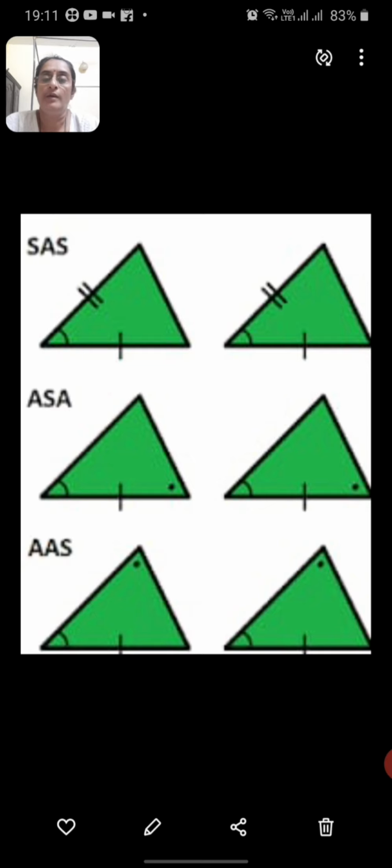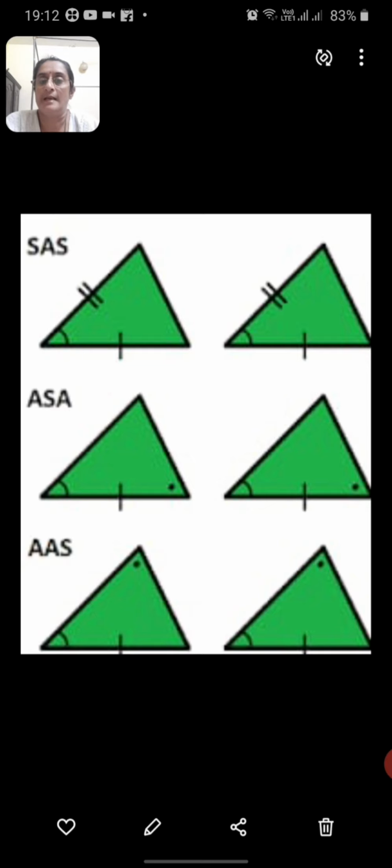Now here we have to prove how two triangles are congruent to each other. There are certain rules and criteria to prove that. We are going to learn them in this lesson. The first three, which we are going to learn in the first two exercises, are the SAS rule, ASA rule and AAS rule. So let us go to the SAS rule.